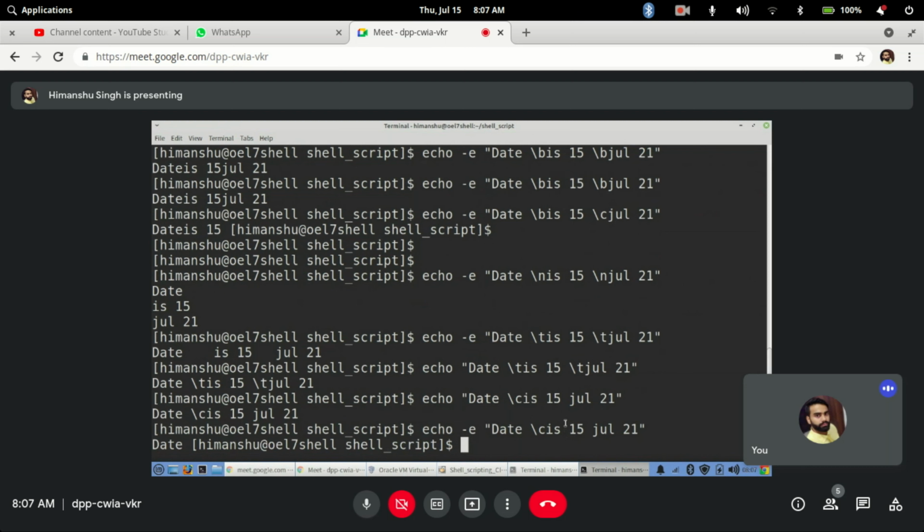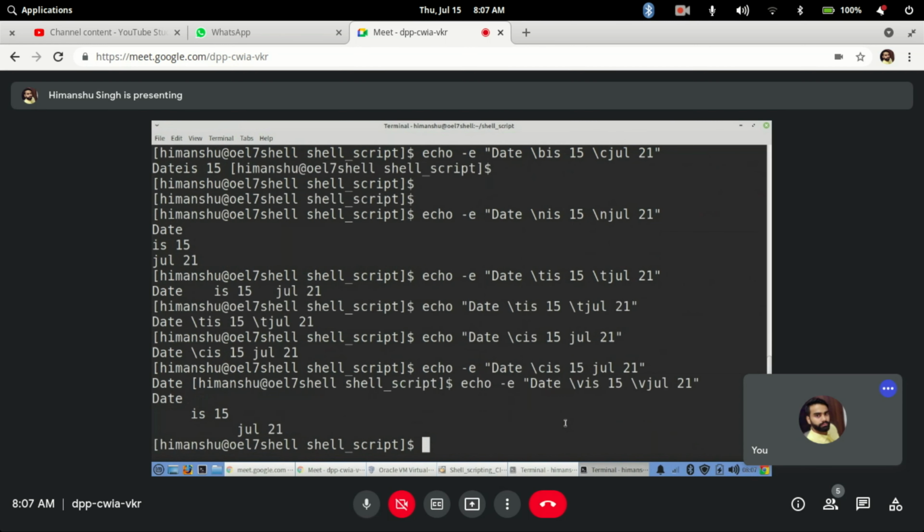We have seen tab just now, right? Now there is something called \v. If you go echo help, you will get many options that you might use. Now \v will do vertical tab spaces. Vertical means it will go slanting. I will show you. See, now it is going vertical, each new line but in a vertical direction.